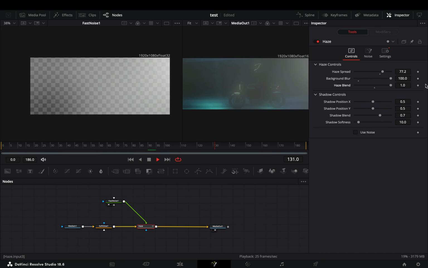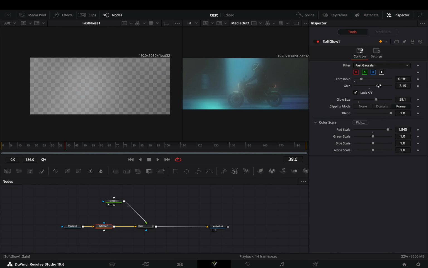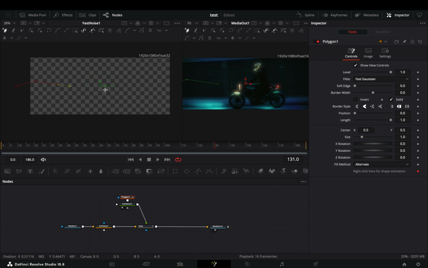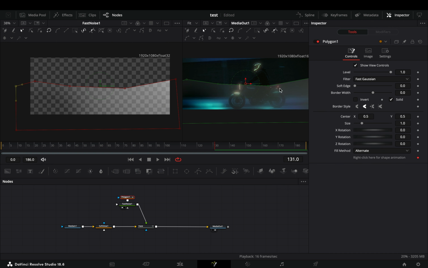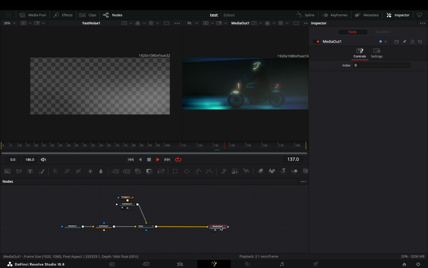Play around with the sliders to find out what works best for you. Go to the soft glow node and experiment with the sliders. If you want, you can add a mask to the fast noise node and isolate the haze effect to a specific part of the image. Nothing special for this clip, but I just found my next two favorite nodes to milk out for the next